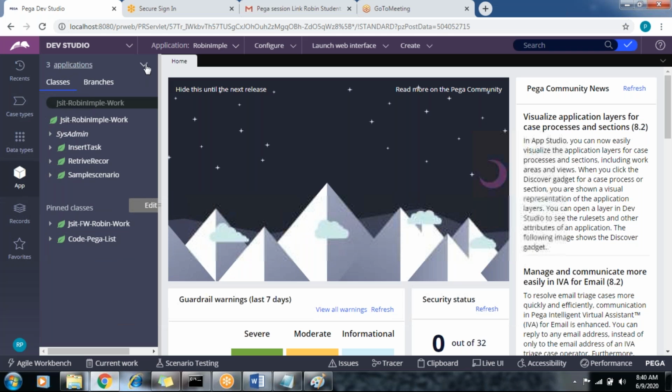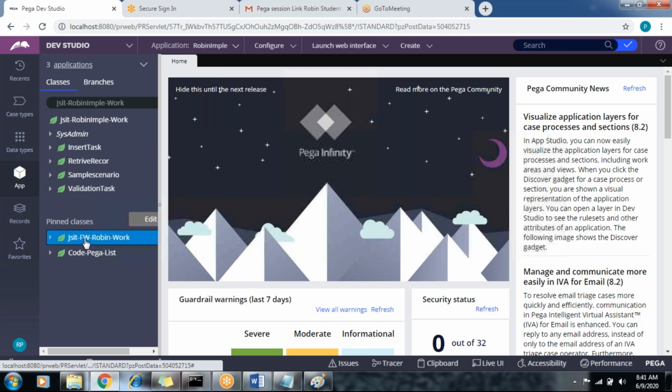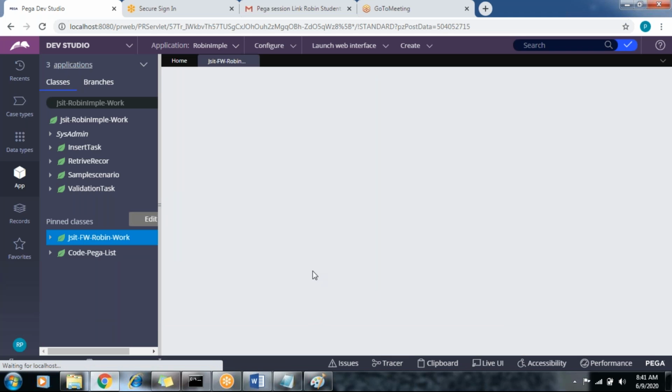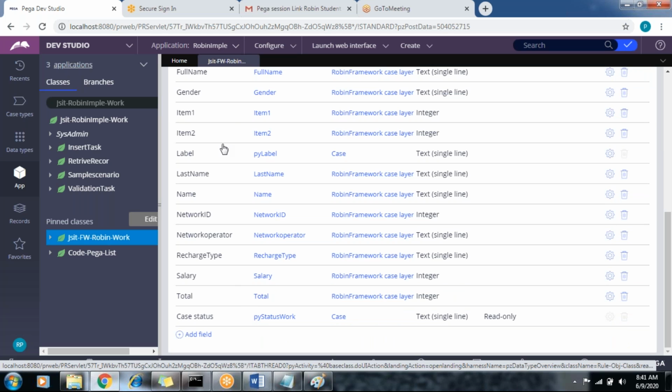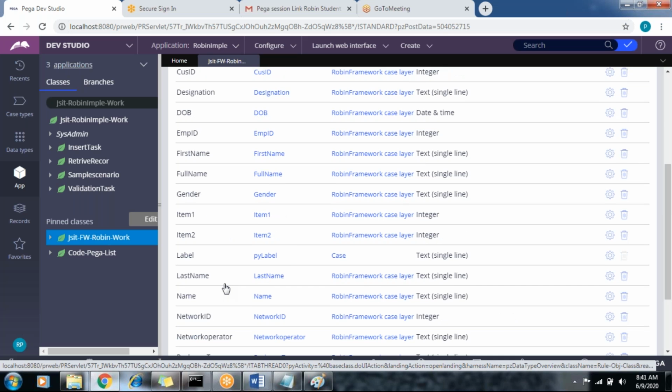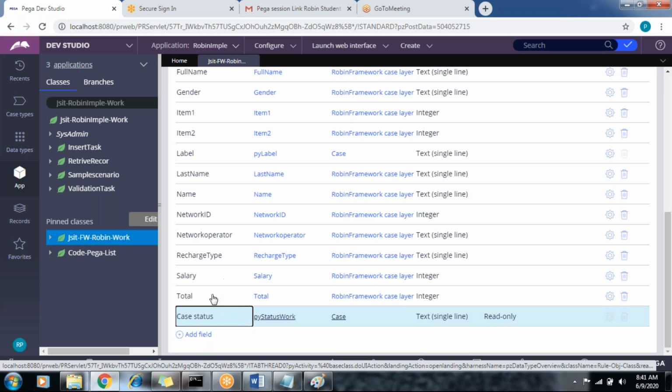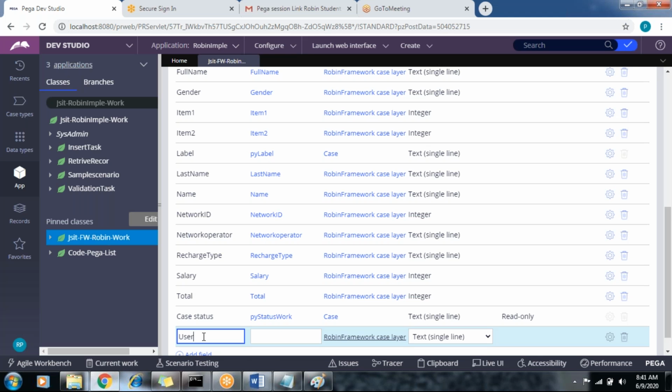Let's come back to the App Explorer and refresh. Use your framework and build the properties in the framework. The last one is the email ID. Mobile number is not there. Those are the three properties. Username.